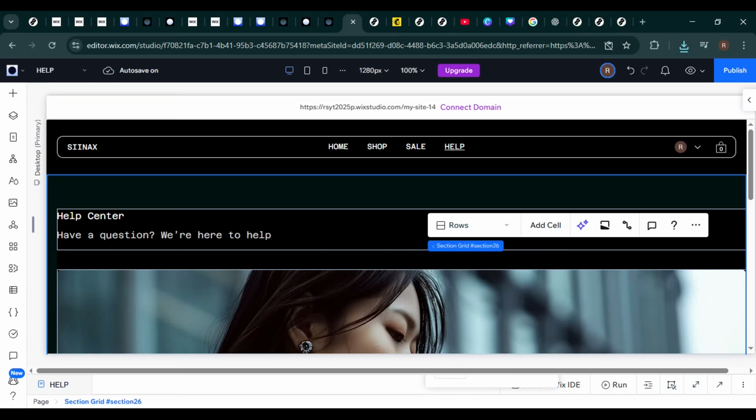In today's video, I'm going to show you how to add downloadable documents on Wix step by step using Wix Studio. This is perfect if you want to let visitors download PDFs, guides, resumes, brochures, or any other files directly from your website. Whether you're building a business site, a portfolio, or a resource page, this method is simple, beginner-friendly,